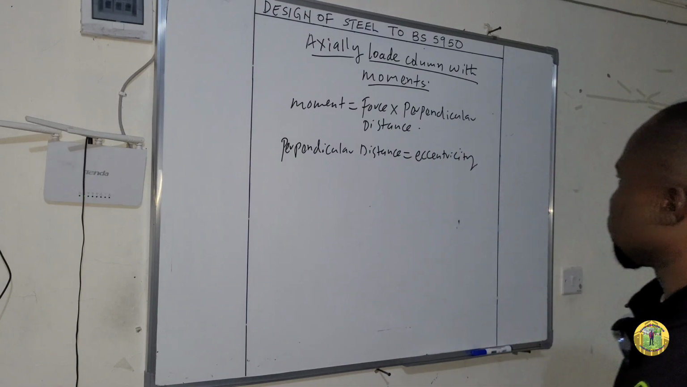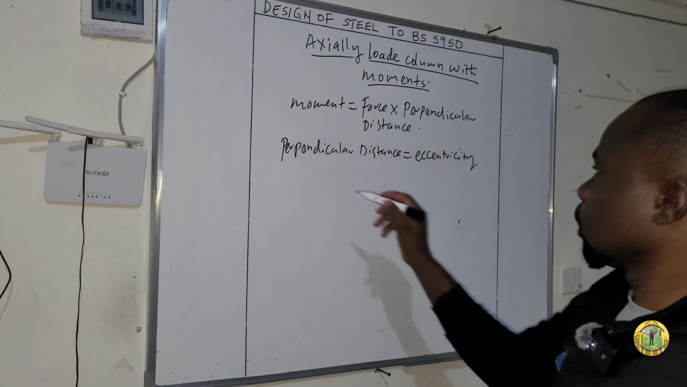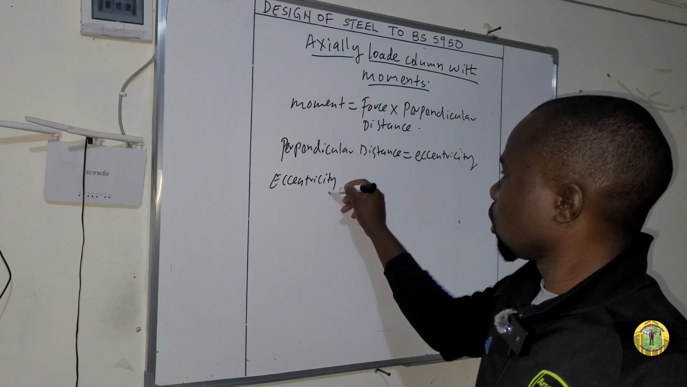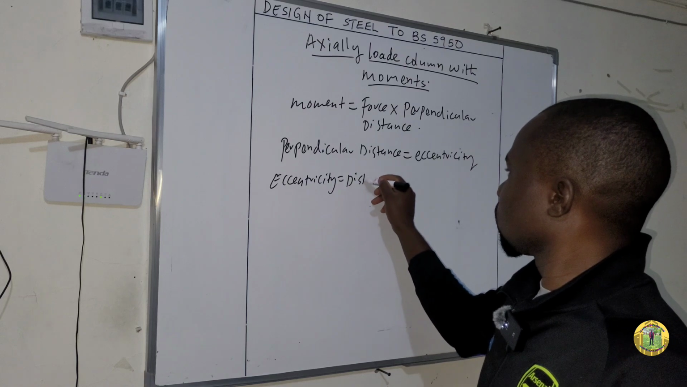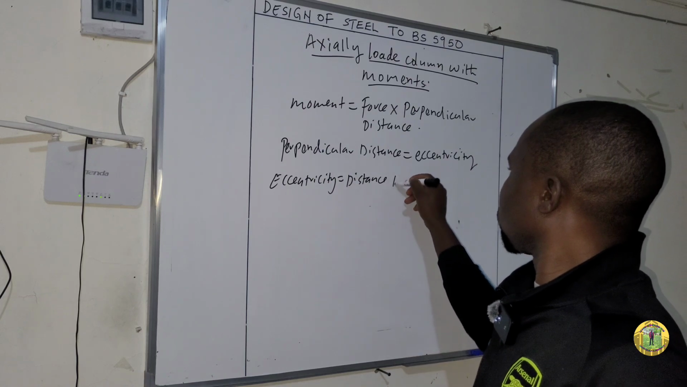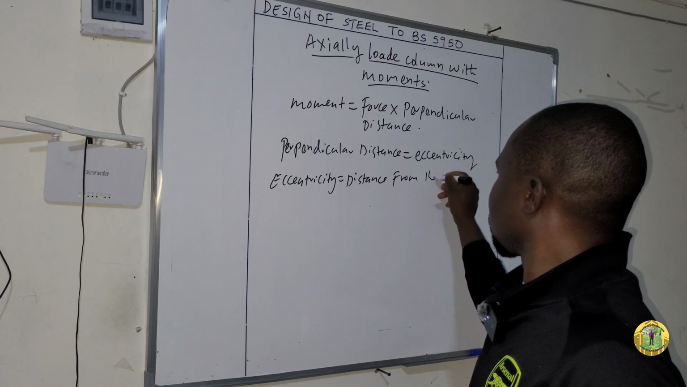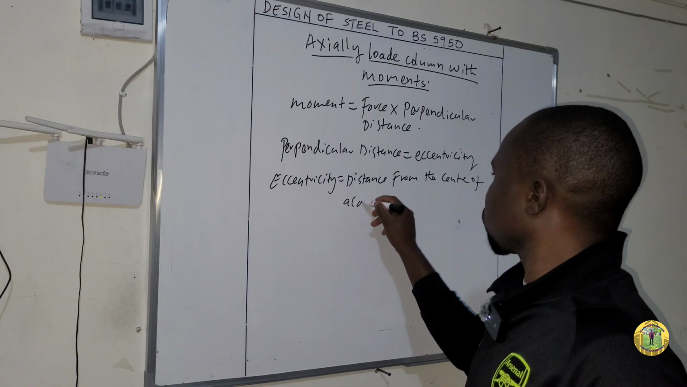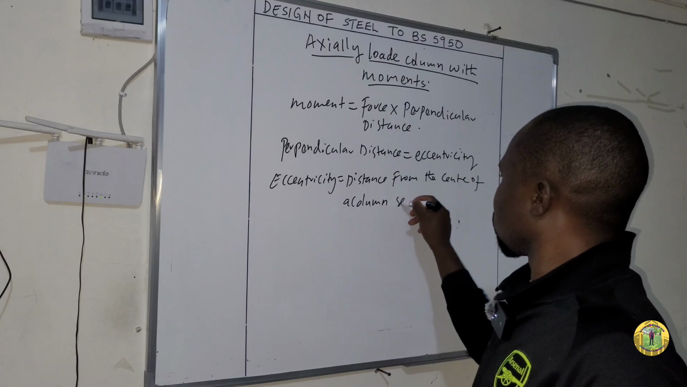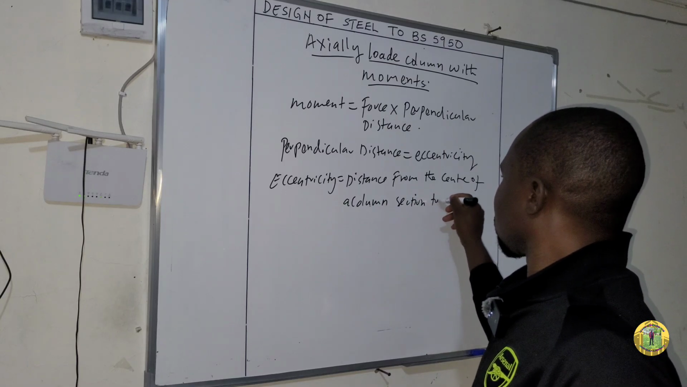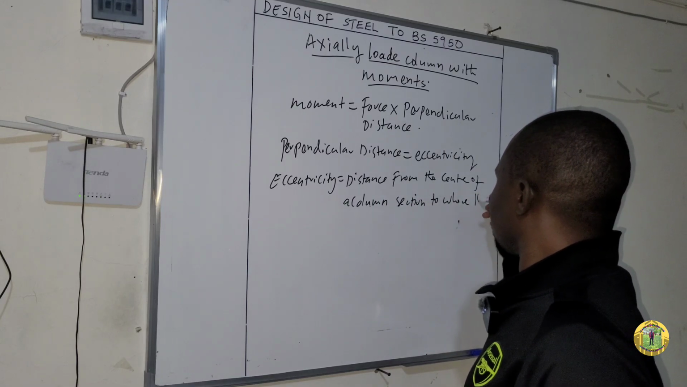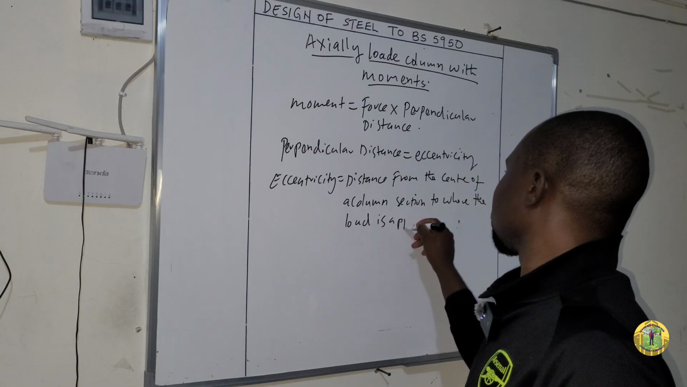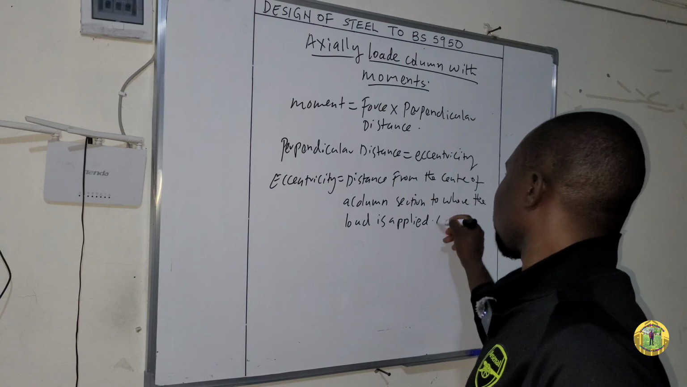And what is eccentricity? Eccentricity is the distance from the center of a column section to where the load is applied. Example,